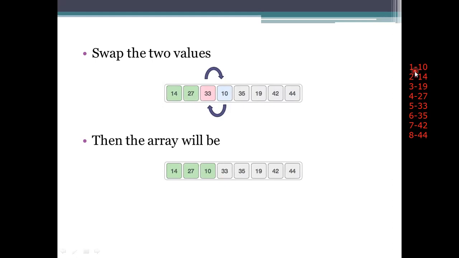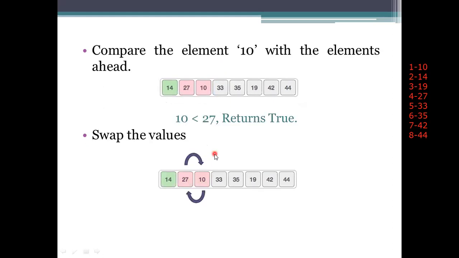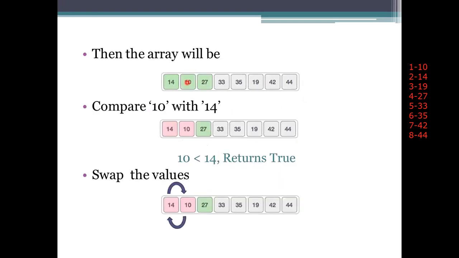Means the element we are using here is at the first position, but it lies at the third position. So we need to make the comparisons here. If the comparison is true, we take these values to be swapped here. Okay, like that we are swapping the values. And whenever we swap the values and specify that it has been sorted, we need to mention whether it has reached its correct position or not.